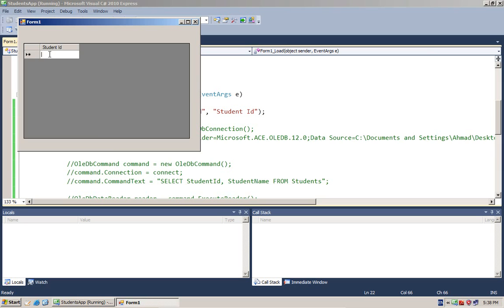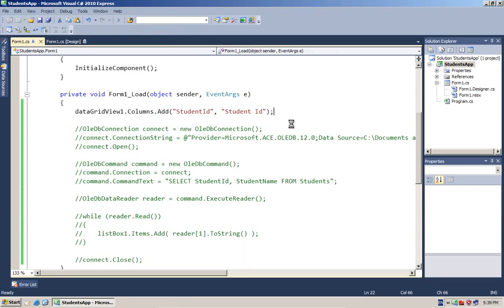it allows us to edit it. Remember, we haven't done anything related to the database yet. This data grid view is simply a disconnected, isolated control. I can add anything to it. I can add more records over here, so this allows me to simply edit anything. Pressing the delete button will delete the record. Again, selecting over here and deleting will delete the record. So it allows us to edit any row, any column.